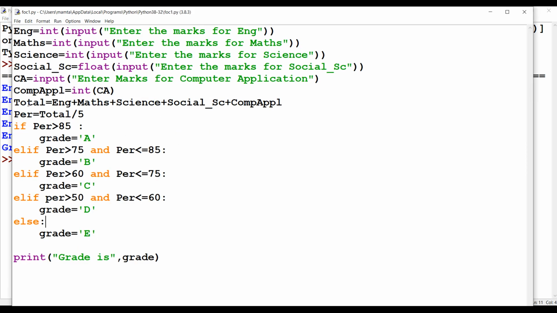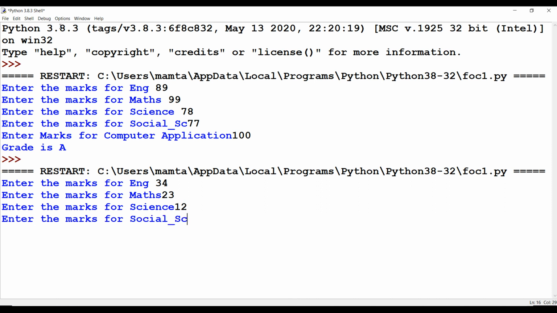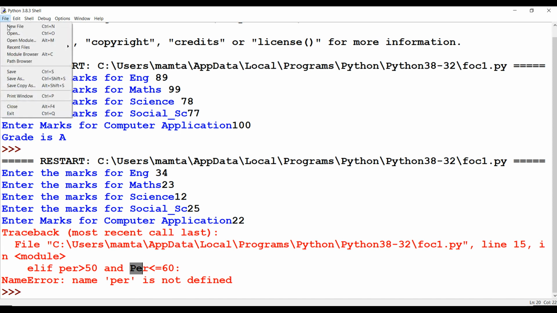Now we'll run the extreme lower grade, that is below 50. I don't wish to give these marks, but I have to check the last grade. 0 I won't be giving, but 25. I'm very sorry to give these marks, but okay, PER is not defined. Okay, students, now it's your time to tell me why this PER. As you can see, I have told you that Python is case sensitive. This is capital P. See, that's why I said to check all the conditions. When my marks were more than 75, there was no error because PER was written in a very proper way. But